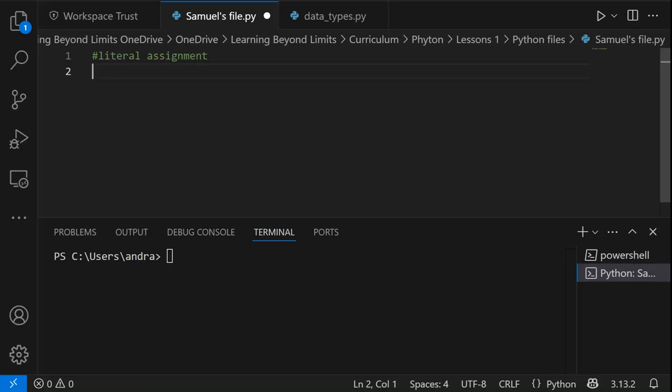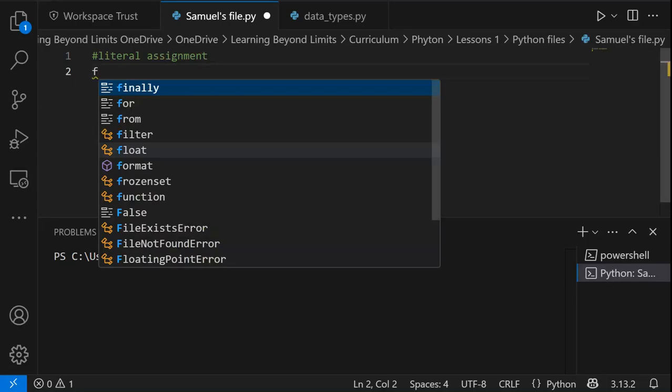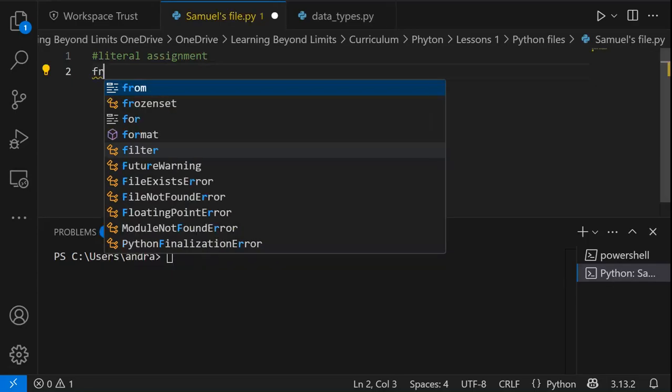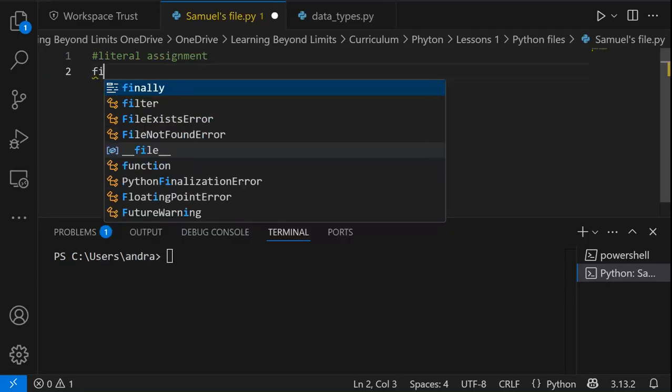Hello, let's talk about variables. We have talked about literal assignments before. We're gonna just refresh. So when we literally assign the value to the variable, if we have first name,